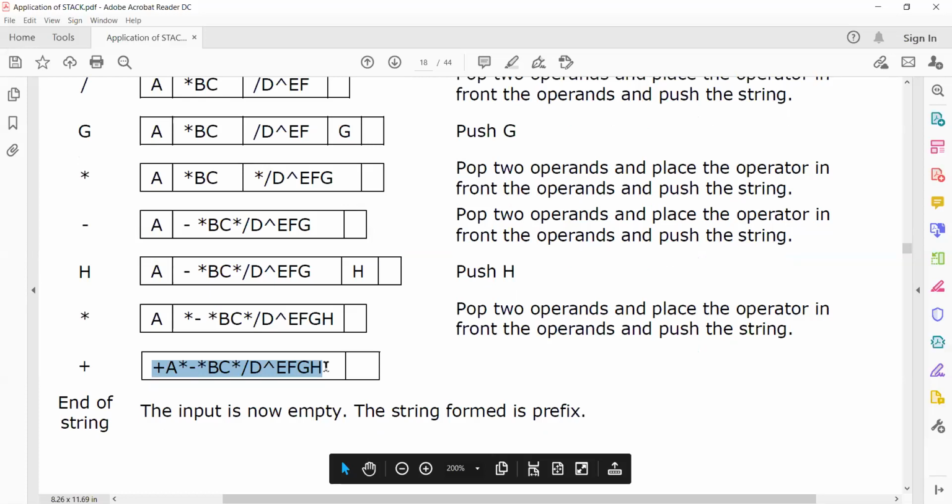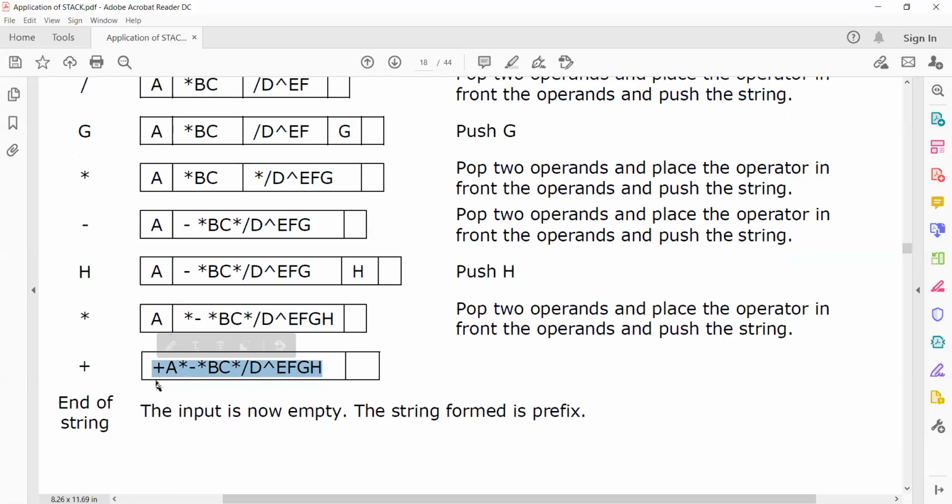At last, you will have only one element in the stack. Just pop it out and say this is the final expression, nothing but the prefix expression of the given postfix expression. It's very easy. For the next conversion, I will only tell the algorithm.